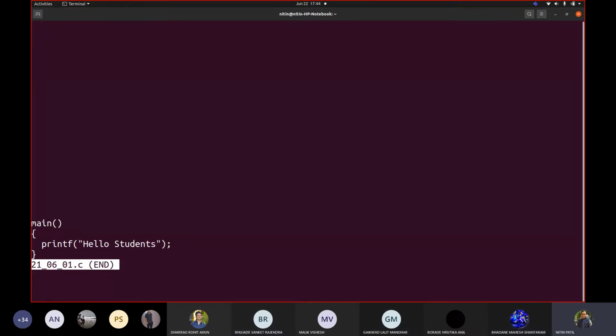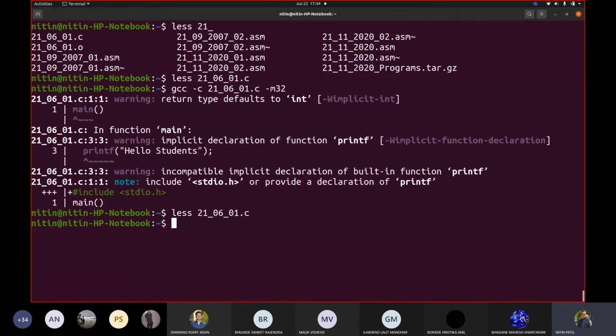Do you think the compiler will take its own decision to create its own internal variables? Let me tell you, it creates hundreds of internal variables depending upon the program. Let me show you. This program contains the main function, the printf function, and this string, hello students.